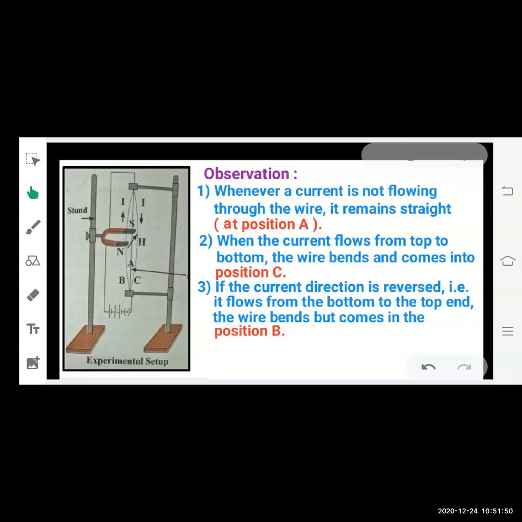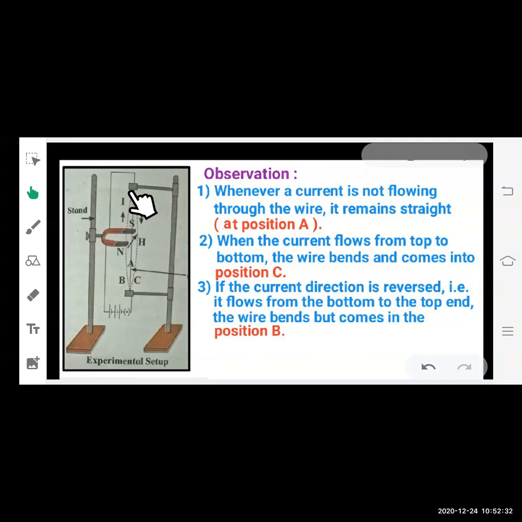And if the direction of current is reversed, how can we reverse the direction of current? By changing the terminals of the battery. So if the positive terminal of the battery is on this side, just invert the battery, keeping the positive terminal on the right hand side and the negative terminal on the left hand side. As we know, the long line shows the positive end and the smaller line shows the negative end. So just by reversing the ends of the battery we can reverse the direction of current in the circuit. If we change the positive terminal towards this side, the current will start flowing from bottom to top, as you can see here.